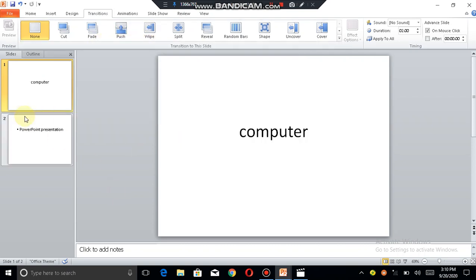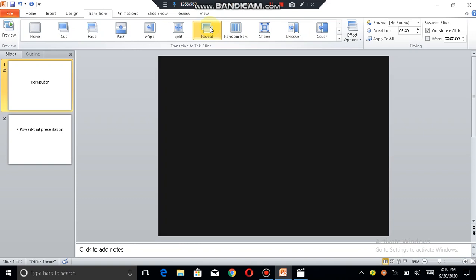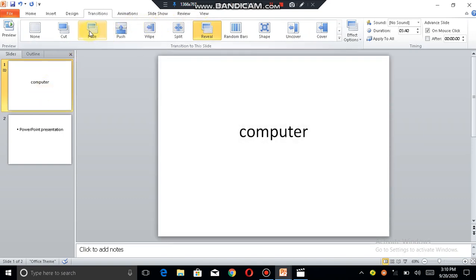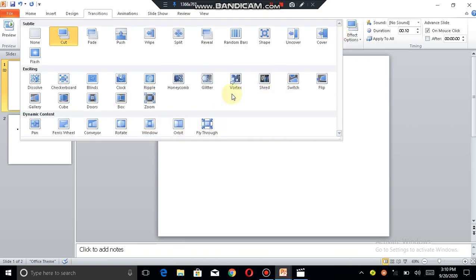Okay, so I am selecting my first slide and applying shape transition. This way it will show you the transition effect. When you click on the slide and transition, then you can see the different effects. You can use these two.